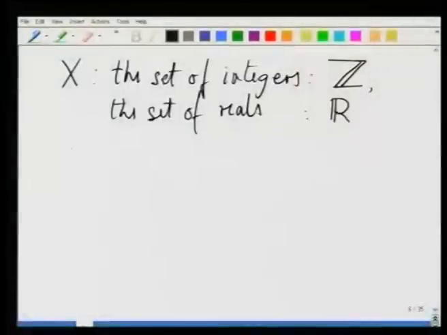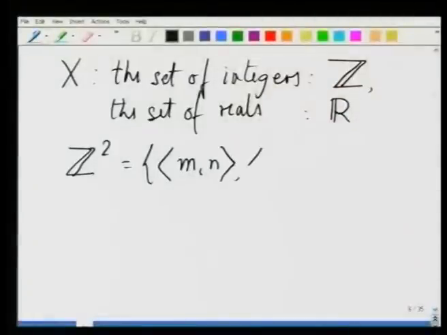We will also be using what are called Cartesian products of these sets with themselves. For example, instead of Z, we could be using Z squared, which is simply the set of all ordered pairs of integers. Z squared is therefore the set of all pairs like m, n, m prime, n prime, etc. Likewise, we could be using R squared,